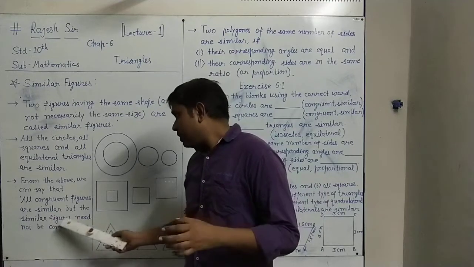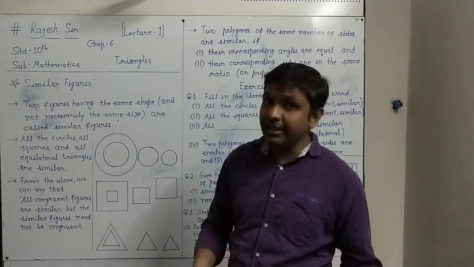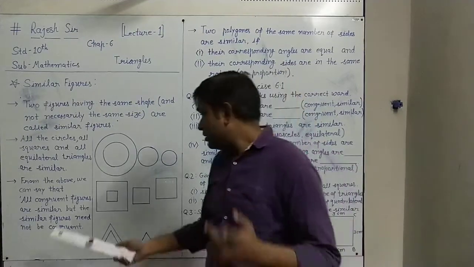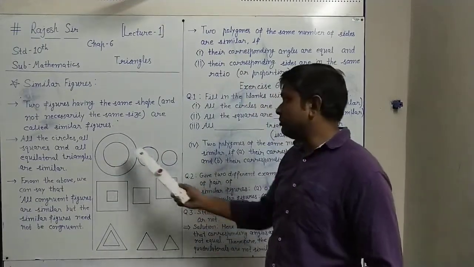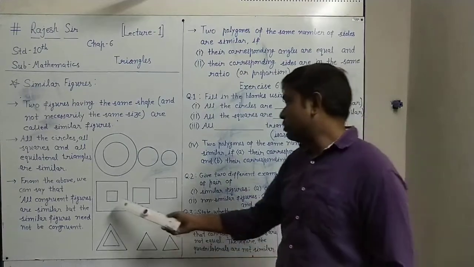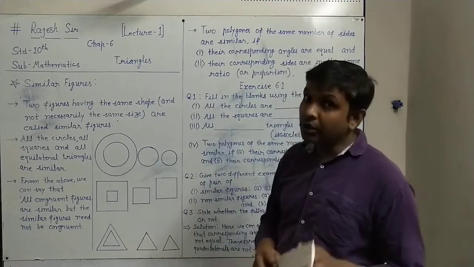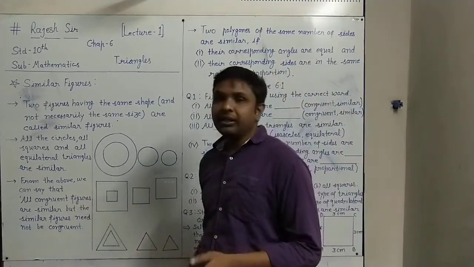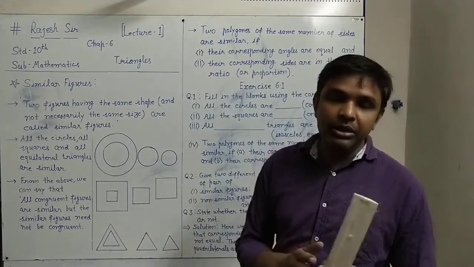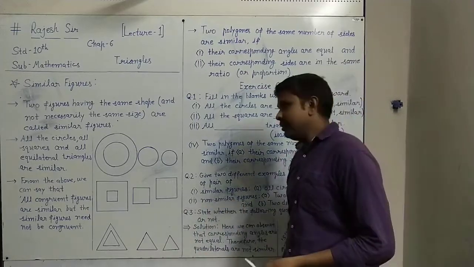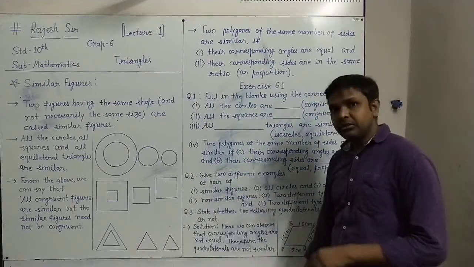So they are similar. But similar figures need not have the same size, and if they don't have the same size, they need not be congruent. These circles are similar but not congruent. These squares are all similar because of the same shape, but as the sizes are different, they are not congruent. This is the important thing to remember: all congruent figures are similar, but all similar figures are not necessarily congruent. This is the conclusion, with some examples of similar figures.